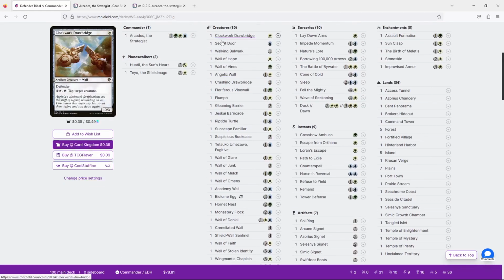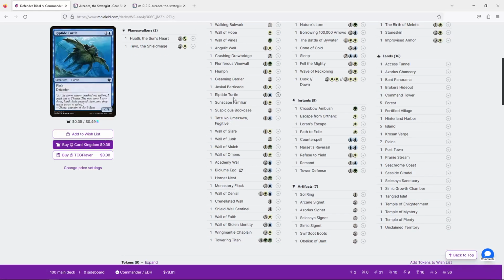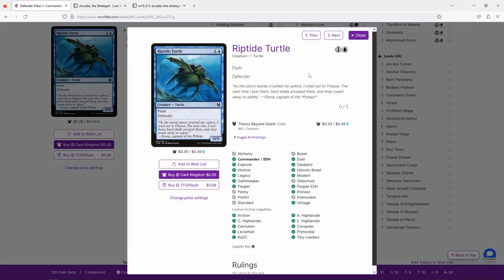And what I do like is all of the creatures. Now you might be saying, Cursed, you like Riptide Turtle? It's a flash defender. I mean, I like it for what it is. Let's be honest here. Our deck is pretty low power, and that's not a problem. A nice low power defender deck has no problems with it, and we're going to try to keep it in